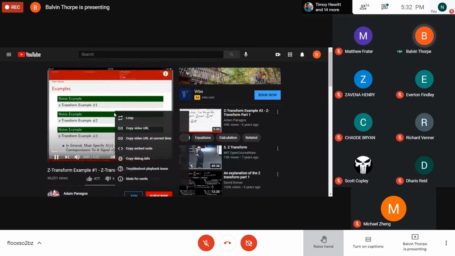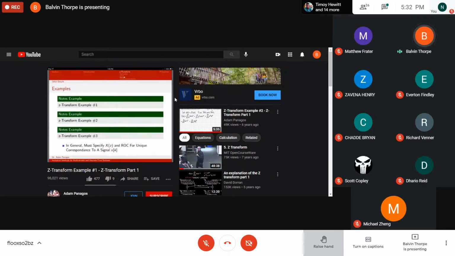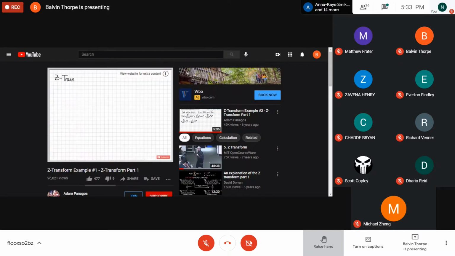All right, so we've been talking at length about the Z-transform, defining it, talking about this region of convergence, and about how we can get the DTFT out of the Z-transform. Finally, now let's actually work through a set of examples where we'll get some practice at evaluating the Z-transform. So first, let's do Z-transform example 1.